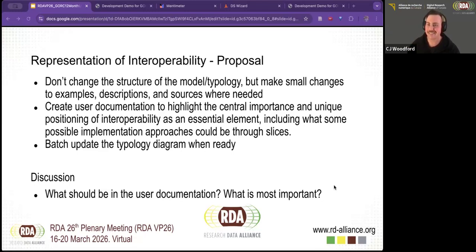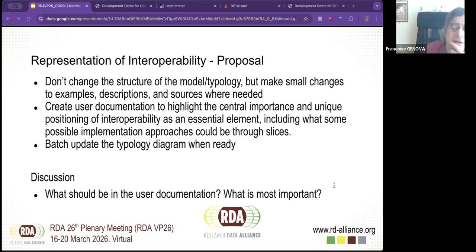Francois, go ahead. Yes, it's about what Hervé was saying, that interoperability is a very complex beast and difficult to go through and so on. I think one of the things we see when we use the GORC model is that it helps to define a common vocabulary for the things we are doing or we should do.